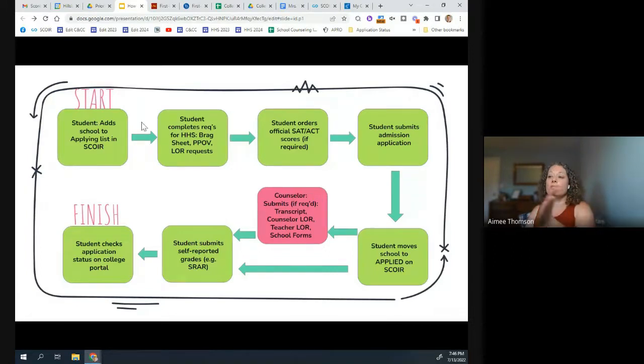This is a general flow for those that are a little more visual. As to what happens, we start up at the left, we go around. All the stuff in green is stuff the students are doing. The magic trigger is moving things to applied. That's when we start pushing things out the door. And where things finish, students, is that you have a follow-up on the other end.